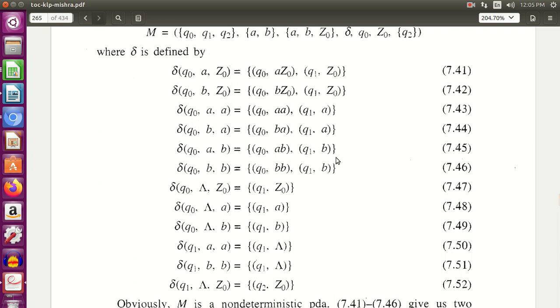Okay. After that, the construction is same. Again, ignore these two. These were specially for your even length palindrome. You just directly use this one. You are in A, you get an A, you pop the A. Your top of stack is B, you get a B, you pop the B.